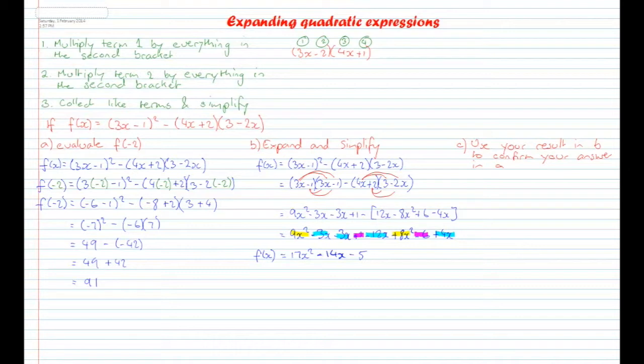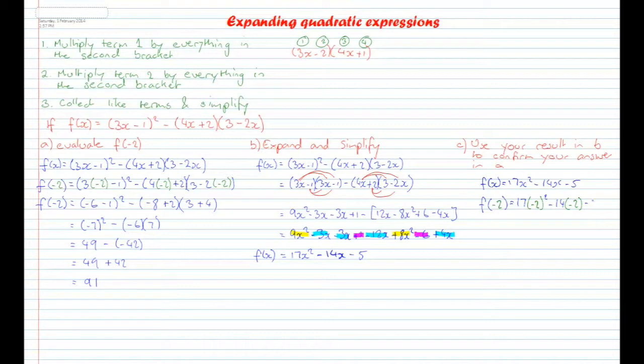The last part of the question says use the result in b to confirm your answer in a. What that means is we know what f of x is equal to when we expand, so that's 17x squared minus 14x minus 5. And we want to substitute in f of negative 2. Instead of writing x, I write negative 2 in a different colour to make it stand out: 17 times negative 2 squared, minus 14 times negative 2,